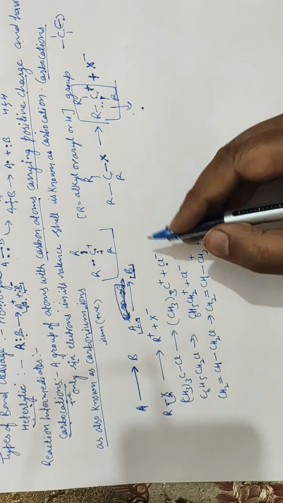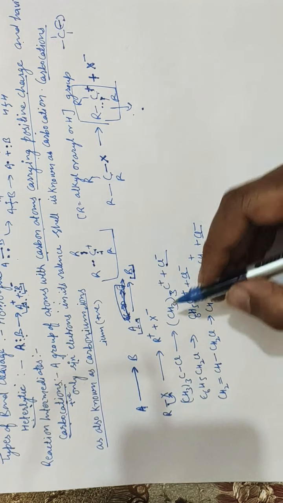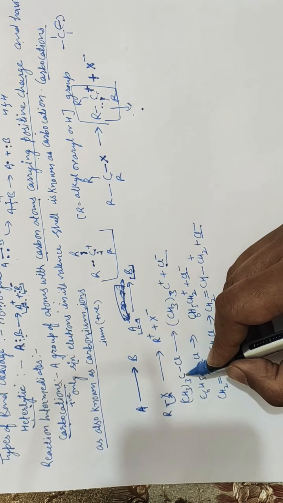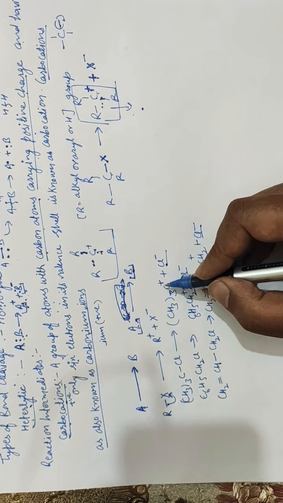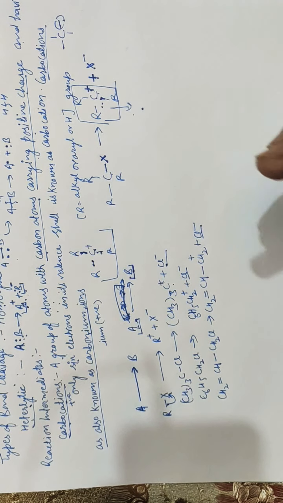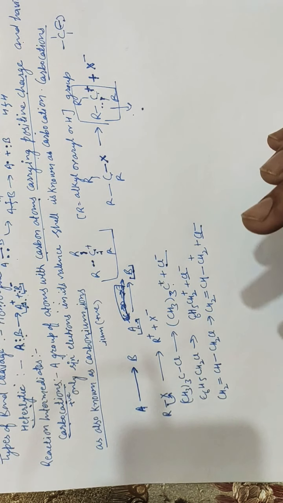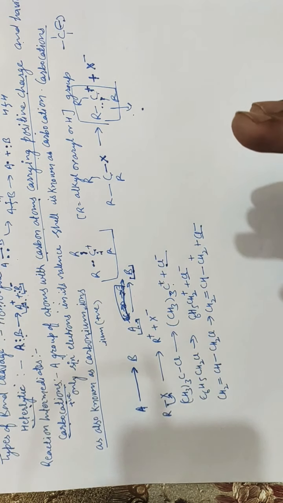All these are heteroatoms that go away with the electron pair, and what is left from the substrate is the carbocation, with the carbon having a positive charge. Generally, if we say carbocation, it means there is a carbon with a positive charge. There is no need to say again that there is a carbon with a positive charge. If you simply say there is a carbocation, it means there is a carbon with a positive charge.